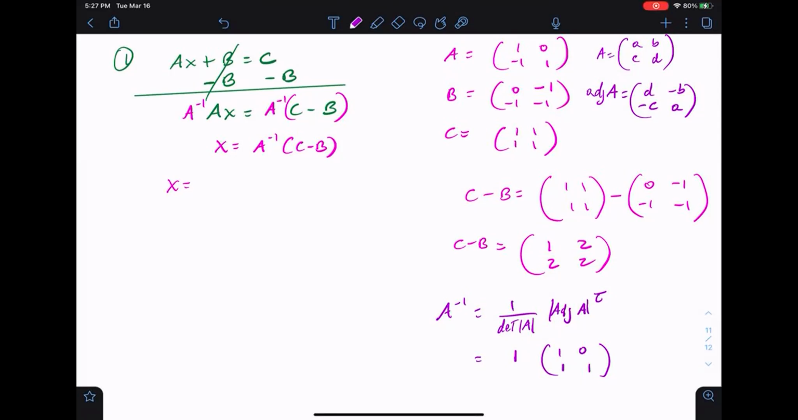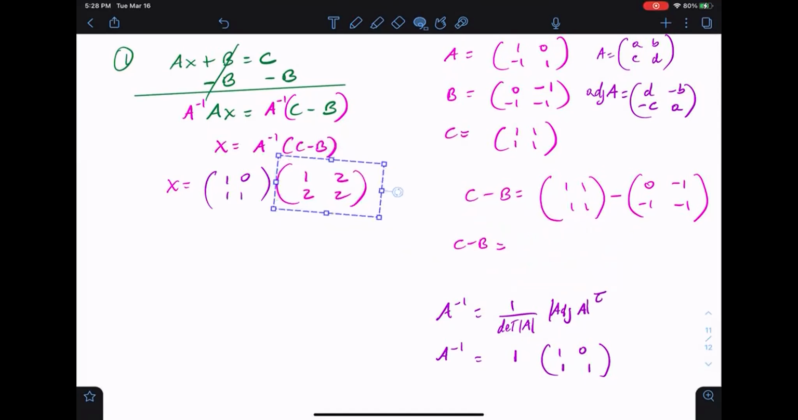If you multiply that 1 times that matrix times the adjoint of that, you get the same thing, right? You should get the same thing. So this is A inverse: 1, 0, 1, 1, and then you need to multiply this by this thing right here. If you multiply that, you should get your answer, right? So this is the dot product, and this is 1, and you have 2,